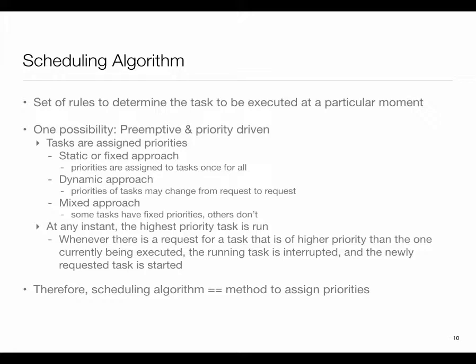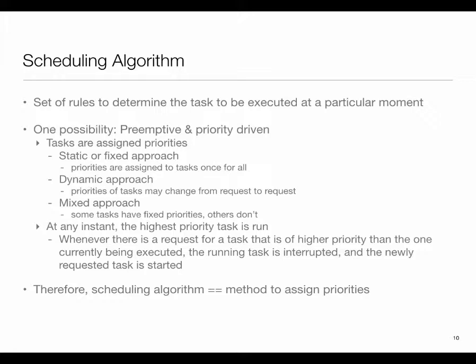The other alternative is that I don't give them any priorities, rather the OS does it at runtime, and it can keep shuffling them, it can keep changing the relative priority. In this course, normally when I talk about priority, priority 1 means highest priority, priority 2 is next lower, and so on and so forth. But these are just arbitrary numbers. All you need is an ordering among them. We'll also assume that if two tasks happen to have the same priority, we'll just break the tie, so no two tasks have the same priority.